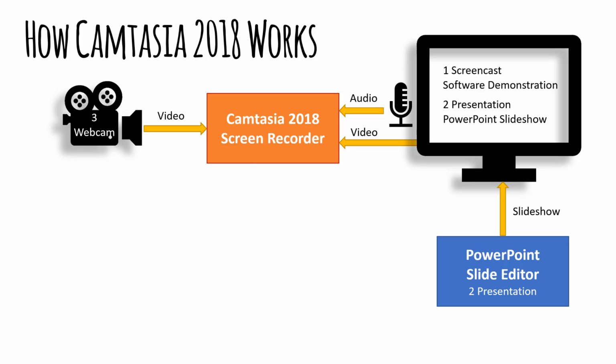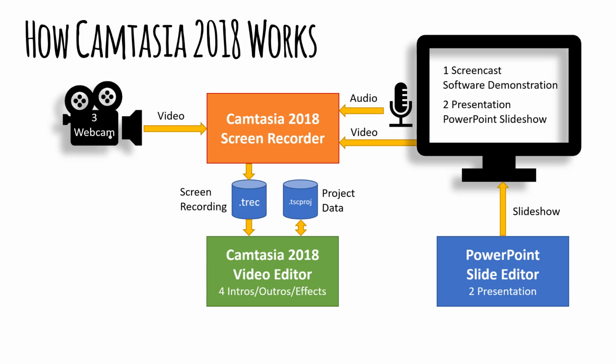2018. Now, when you stop a Camtasia recording using the F10 hotkey, then what Camtasia does is it saves a copy of its screen recording to a TREC file. So it's going to be a file name .trec. You get to name the file and determine its location. At the end of the recording, it'll ask you where you want to save it. And this is for a TechSmith recording file, so TREC file. The TREC file becomes the input to the second half of the Camtasia recording process, which is running the Camtasia